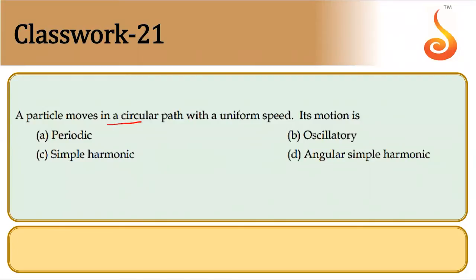See, it is moving in a circular path with uniform speed, so it is uniform circular motion. This motion repeats after a definite interval of time, so it is periodic, but it is not at all oscillatory because the motion is not to and fro motion. So it must be just a periodic motion because it returns to starting point after a fixed time, but it is not to and fro motion. Particle will not trace the same path in opposite direction. So it must be only periodic motion. That is option A.